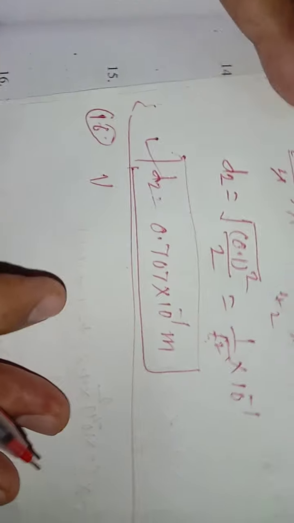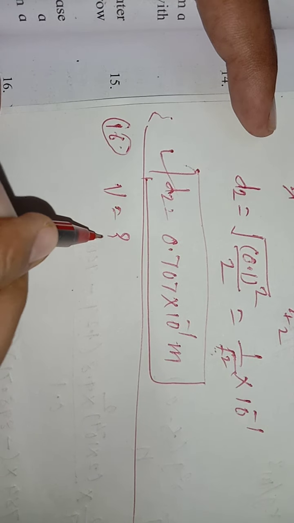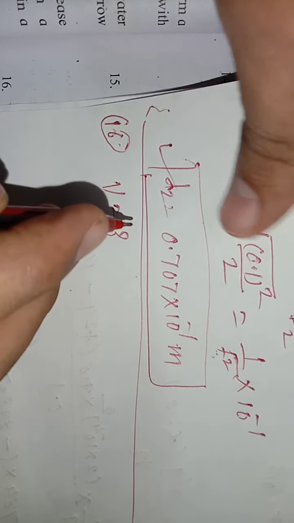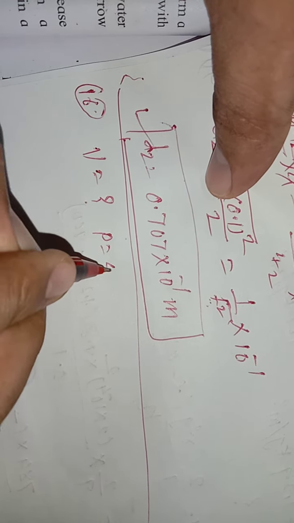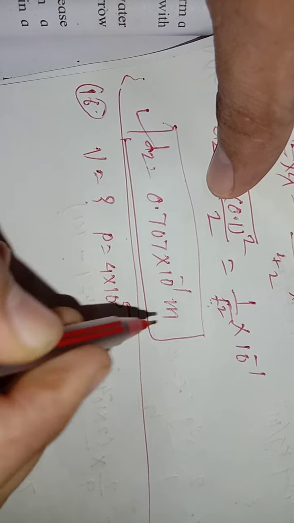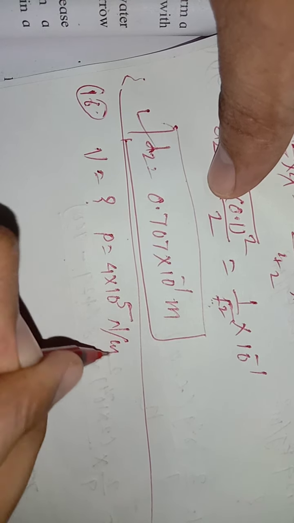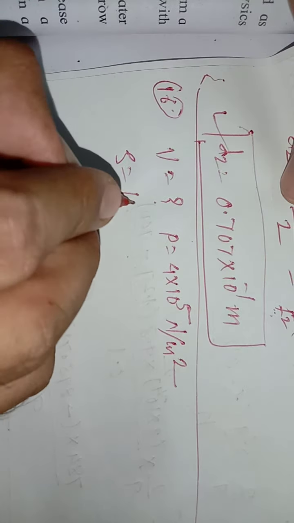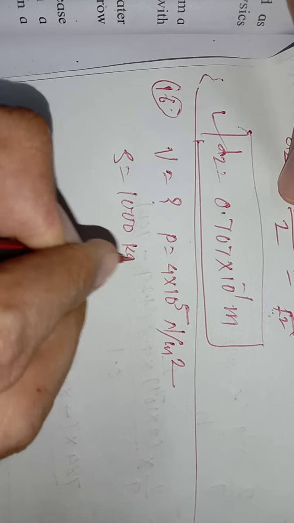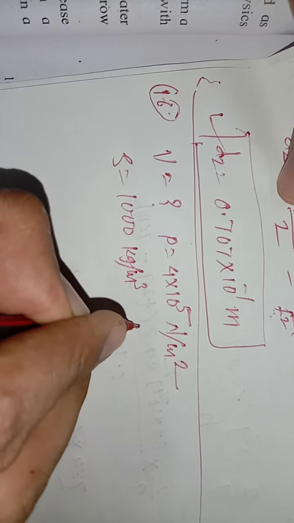So first we find what the velocity is. So phi is equal to question mark, and secondly, the tank with gauge pressure, P is given. P is equal to 4 into 10 raised to 5 Newton per meter square. Then the density is also given. Density of water is 1000 kilogram per meter cube, and here g is also given.